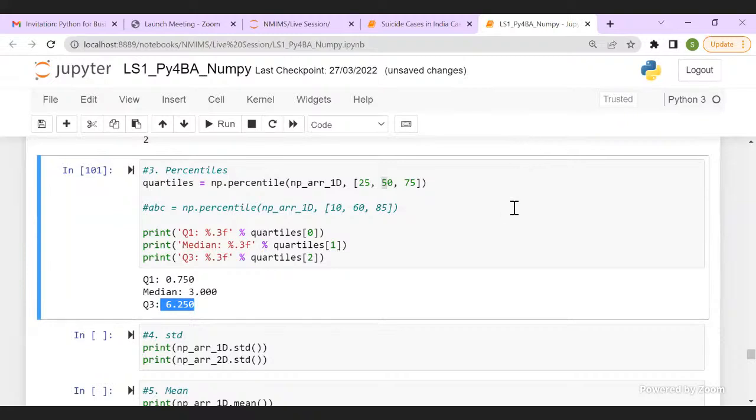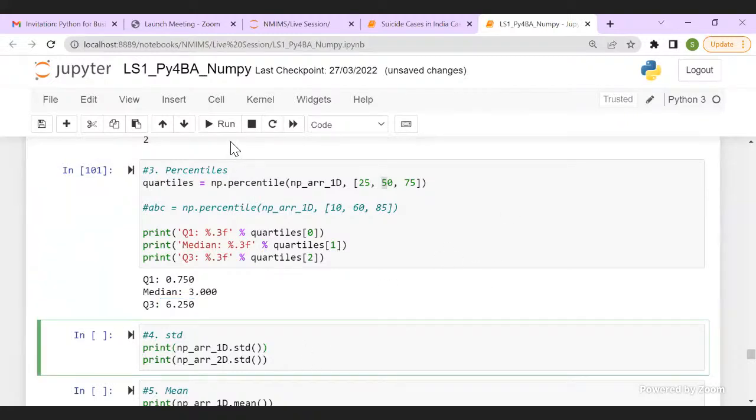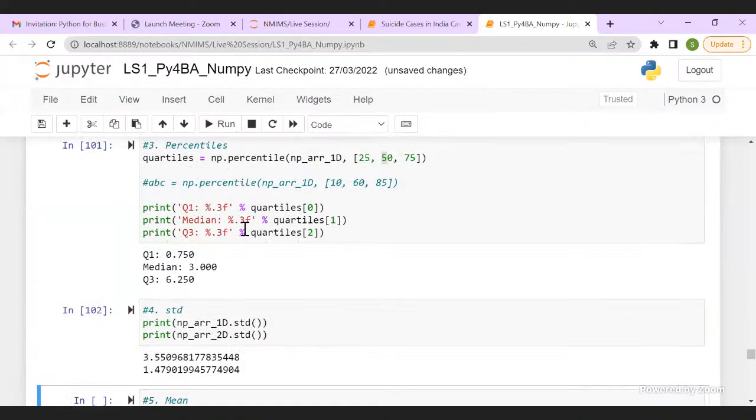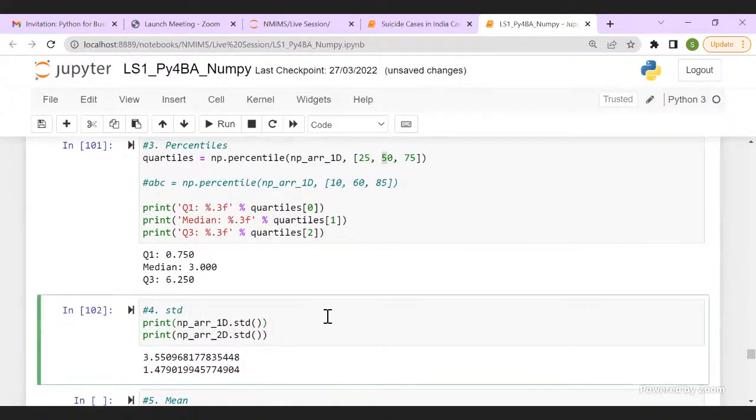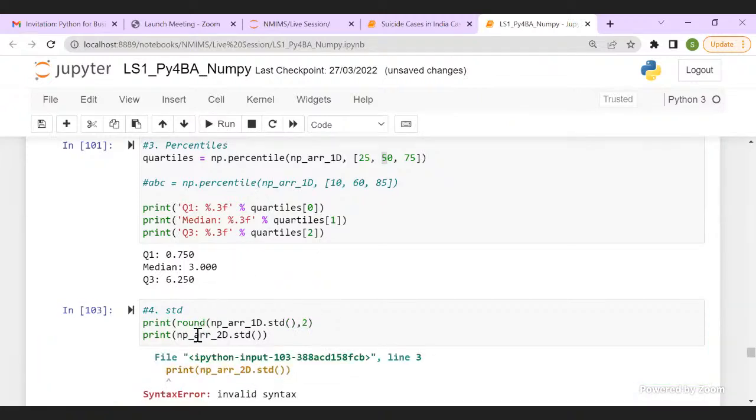Okay. So to get the standard deviation of your data set, you can call the standard function std. In case you want to restrict it, you can use the round function as well. So if I give round, comma 2, it will restrict it.